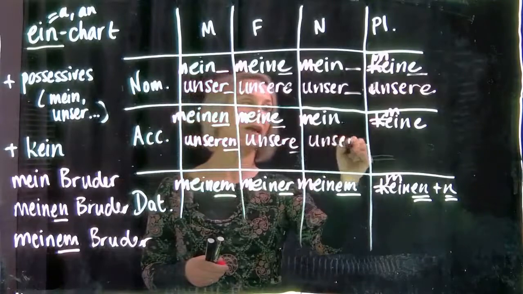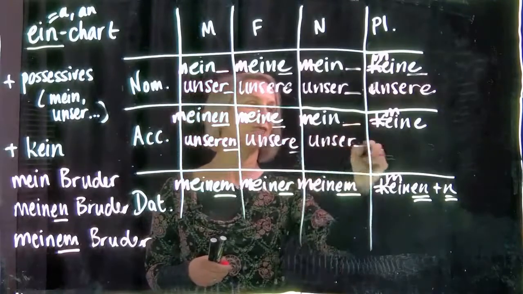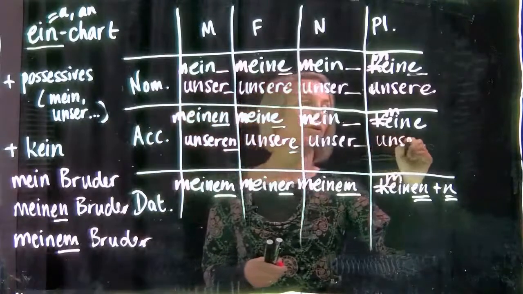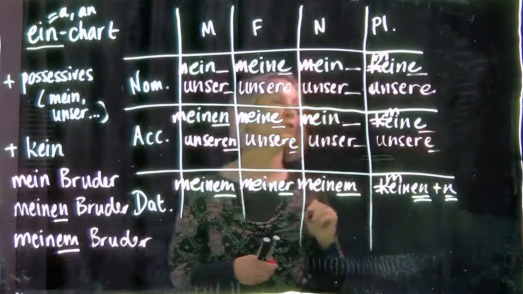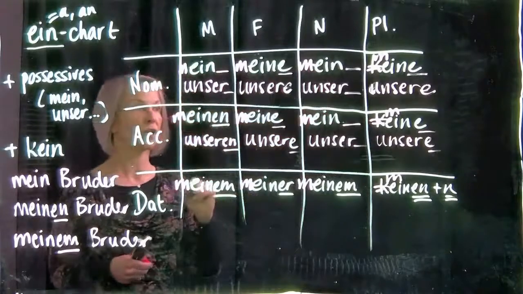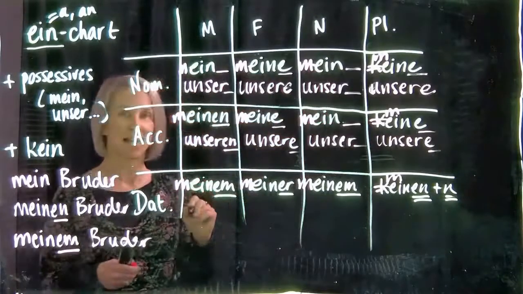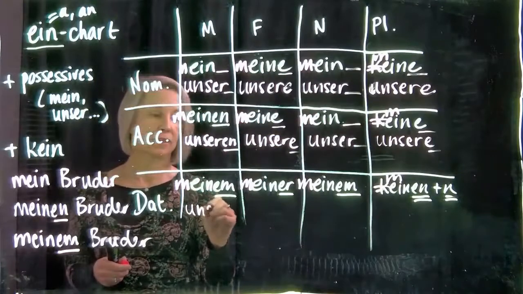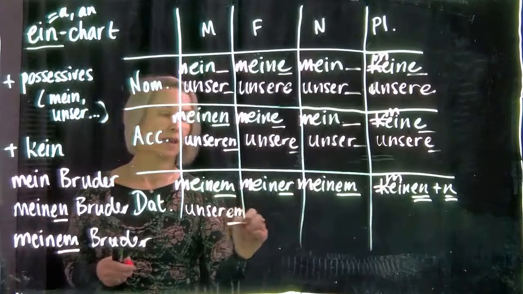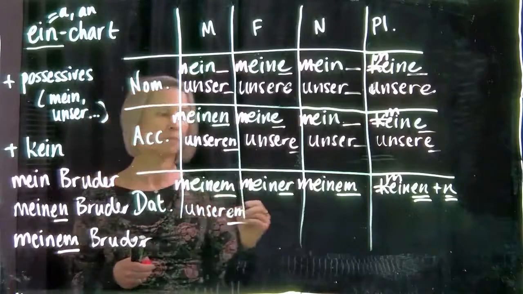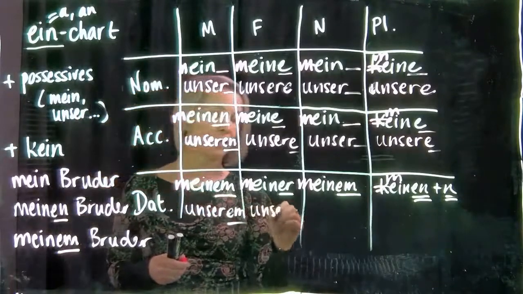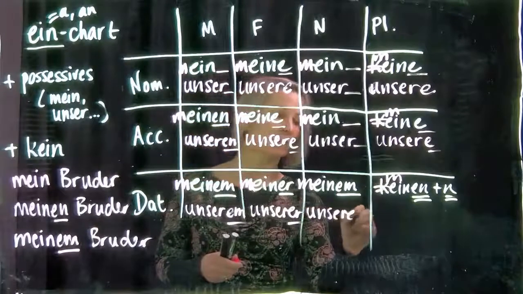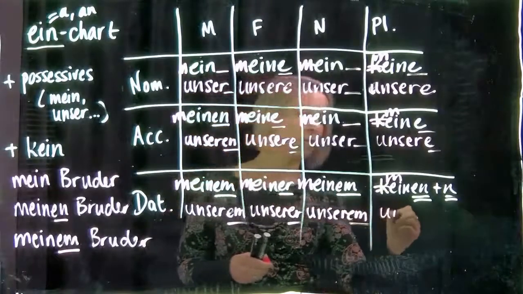Okay, then unser here will get this E ending and be unsere. Here, ein has no ending, so we want no ending on unser here, and then here, unsere, to copy that E ending on eine, keine, meine. And then in the dative, we'll follow the same pattern, so unser is going to get that em ending, unserem, unsere, er ending, unserem, and unseren